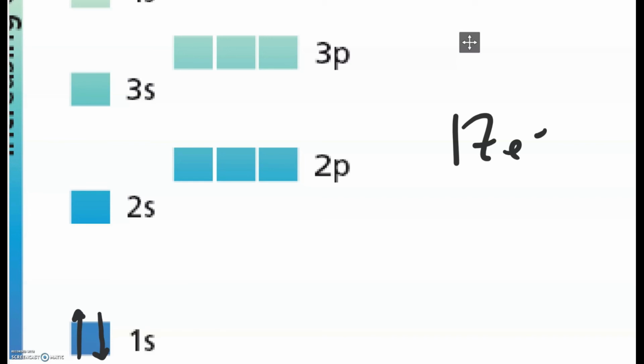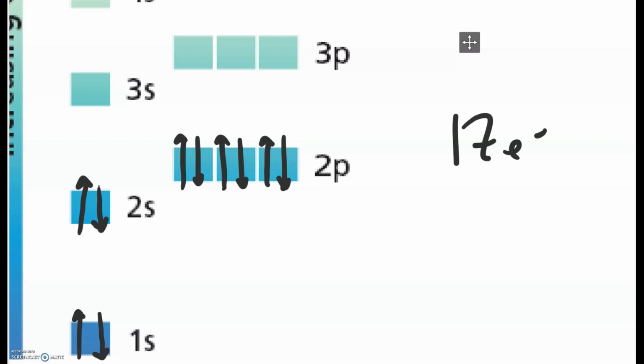We have 15 left, so they're going to go next to the 2s. There's an up spin and a down spin. We've got 13 left, so we're going to go next to the 2p. And we're going to fill each of these individually for as long as we can. But now we've got 10 left we have to fill, so we can't just jump to the next energy level. We got to fill this one first. So here are the next 3,